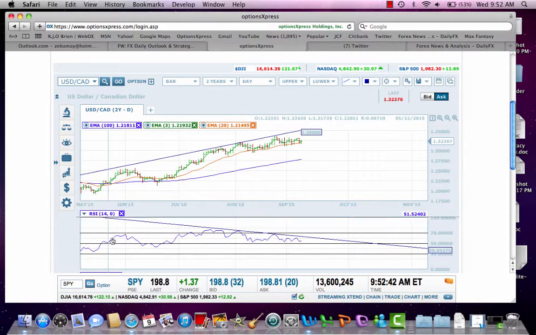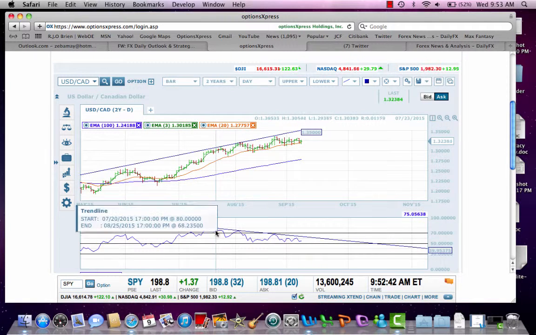I used an RSI 14, but traditionally people use either a 9-day or a 14-day. I like to use both, frankly, but a 14-day is a little bit more difficult in terms of showing the actual indicator overbought and oversold. That being said,